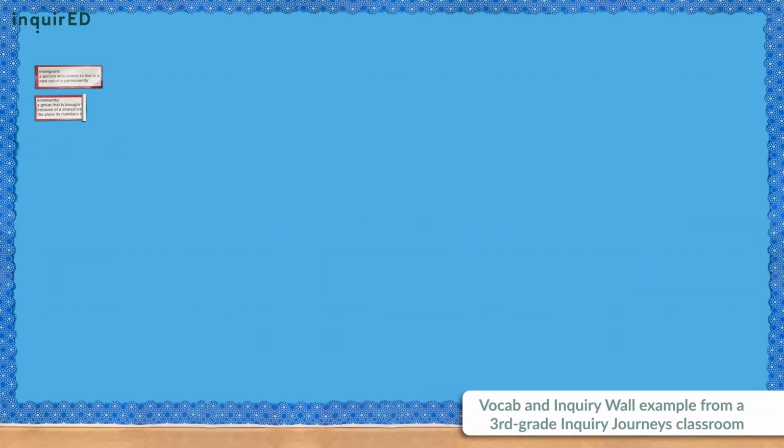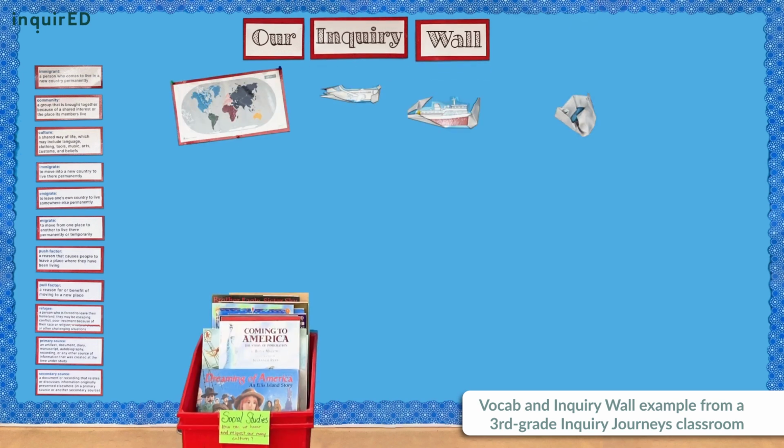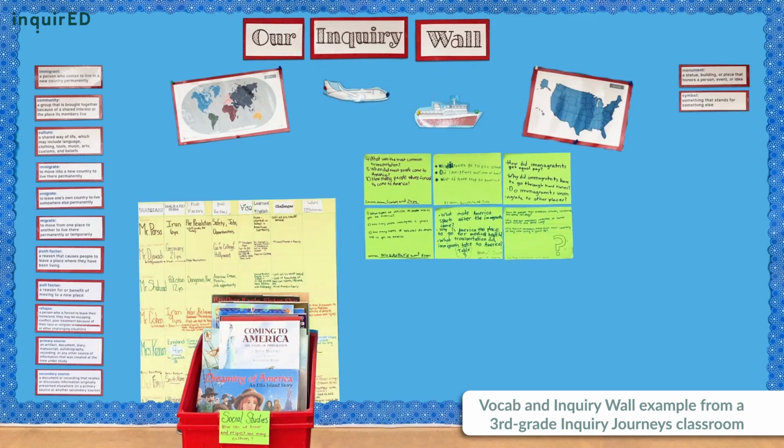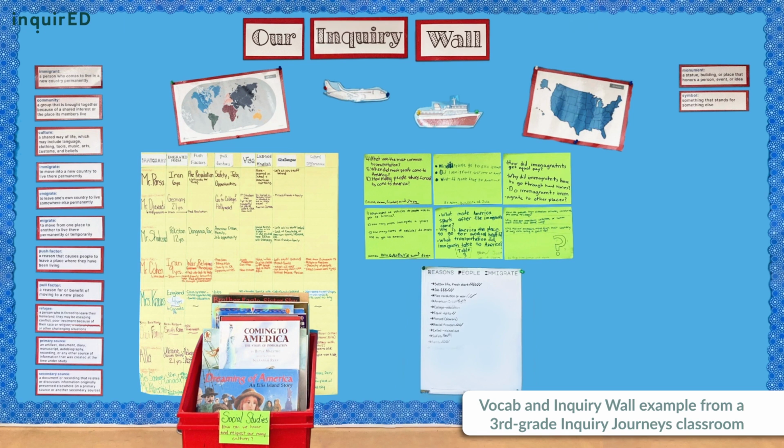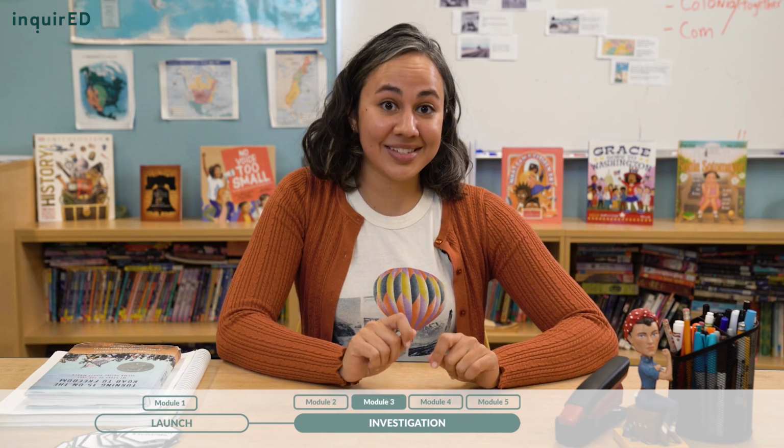During the first few lessons, the class will also start its vocab wall and begin an inquiry-long display, the Path to Equality and Justice inquiry wall, which will grow throughout the inquiry as students explore how people can work for equality and justice. After the launch module, students move through a series of investigation modules, each organized around an essential